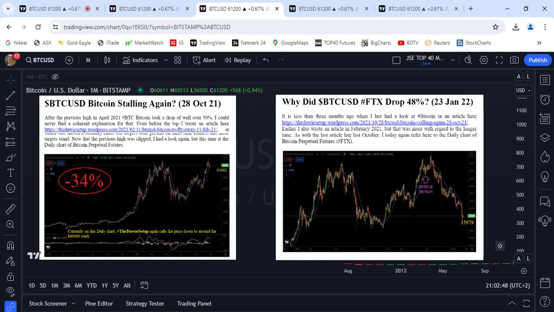Then on the right hand side, you can see the price actually quite a bit below that 40,000 mark when it was already at 35,979 at the time, and there's the purple arrow with reference to the article on the 28th of October 2021 to just show you exactly when the article on the left was written. Okay, so let's then go to the third one.